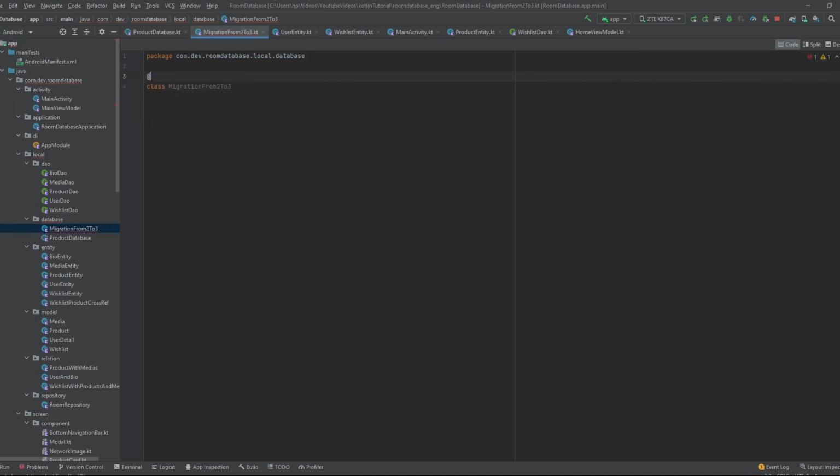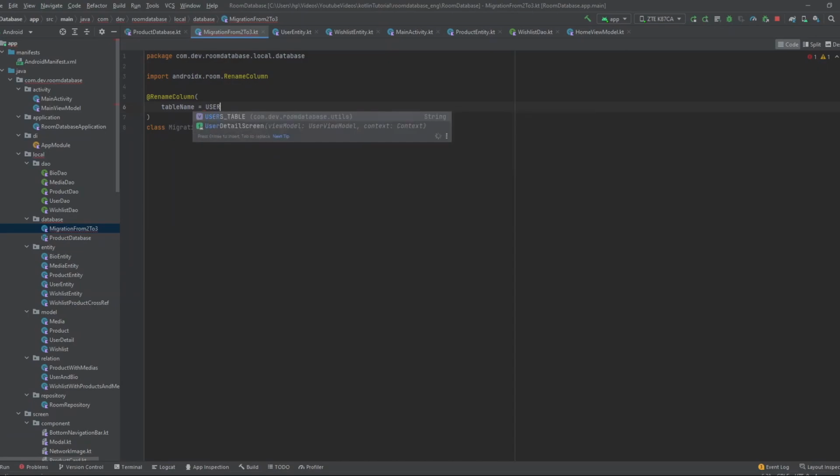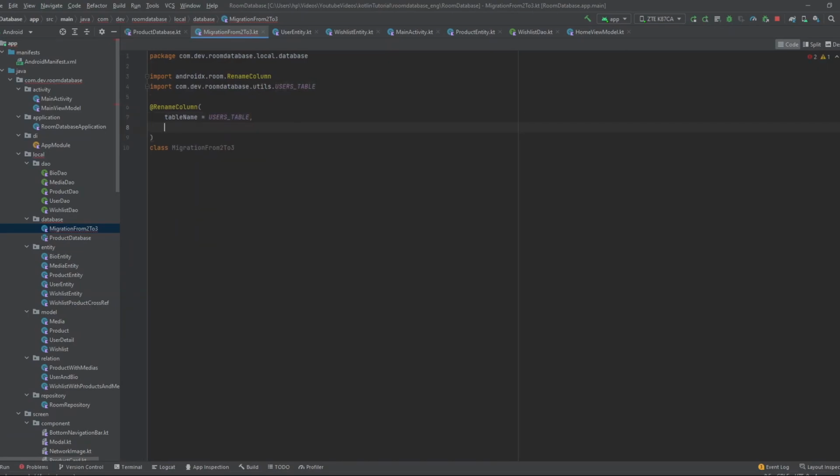In our case, I'm going to do rename column followed by the specification. So the table name that we have changed is users table, and we have to specify the column name we have changed from, full name, to the column name first last name,